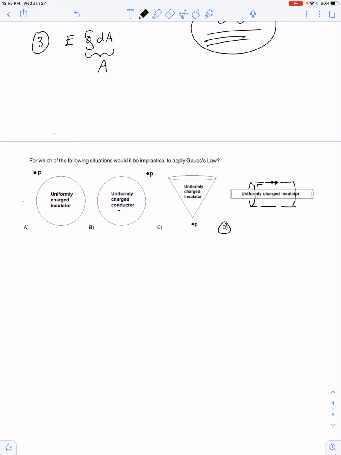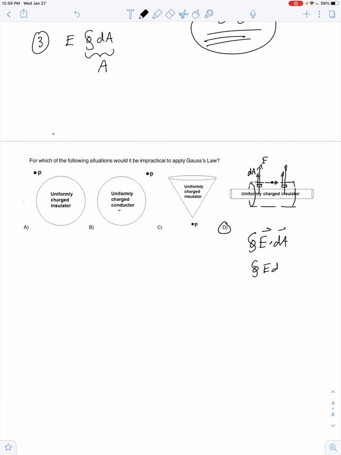If we break that up into little pixels of area, we notice the electric field and the area vector are parallel in all cases. And so it's going to make it easy for us to change E dot dA